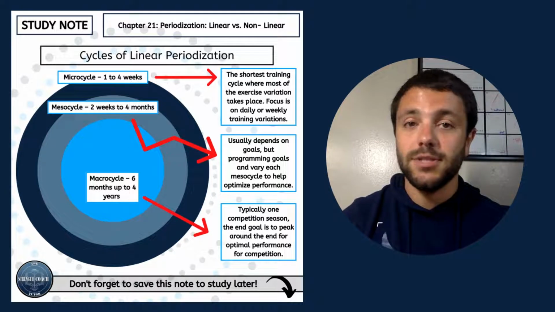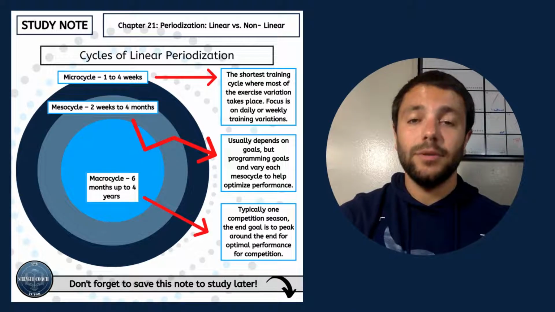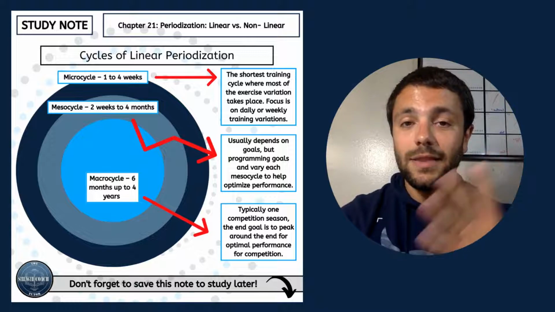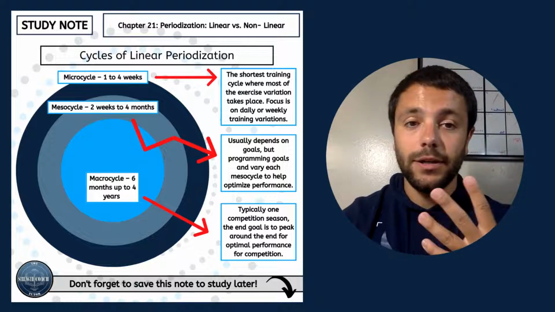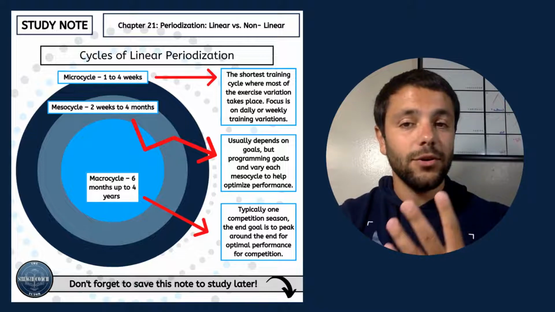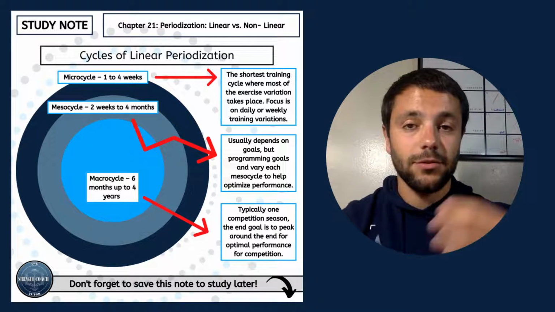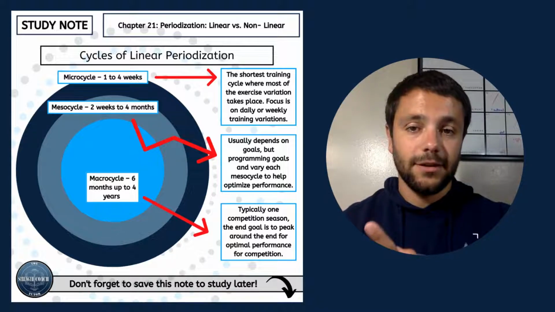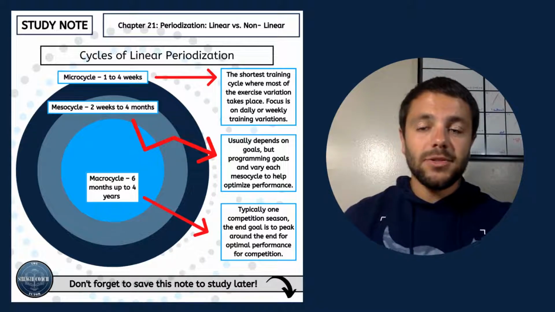An academic calendar is 1 year, right? A single sports season is going to be 1 year, right? When we talked about the off-season, preseason, in-season, and postseason, that should be taking up the entirety of 1 year, right? And so those 4 splits that I just talked about there, you can almost think of those as 4 mesocycles, right? And those 4 mesocycles are comprising that one macrocycle, okay?